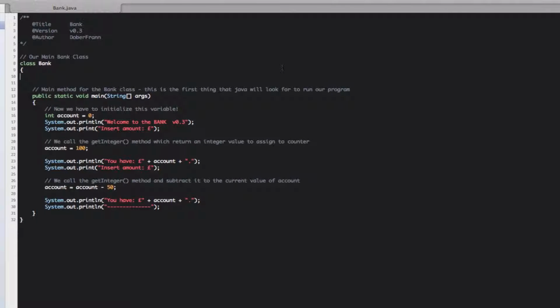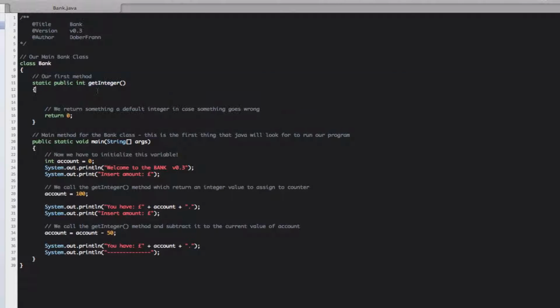What we're going to do now is make methods. A method is just a function that you can call multiple times without rewriting that code over and over, just to make our class easier to manage. So what we're going to do is make a static method here, static public int